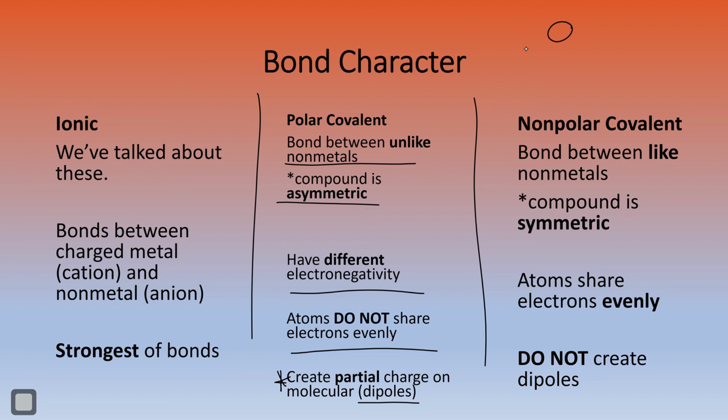So water is a perfect example. It's our most common polar molecule, polar covalent molecule. Okay? This is also why we get into molecular shape, because we can see that it's asymmetric. So water is asymmetric, it's polar. O has a higher electronegativity than H. What that means is these electrons that are being shared